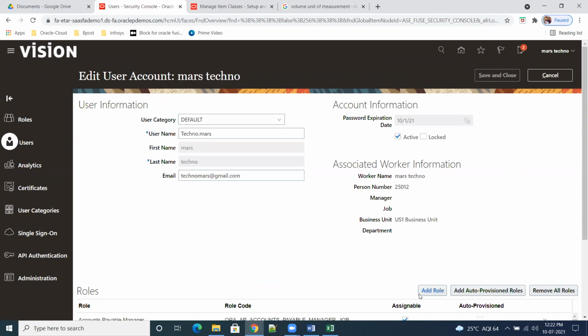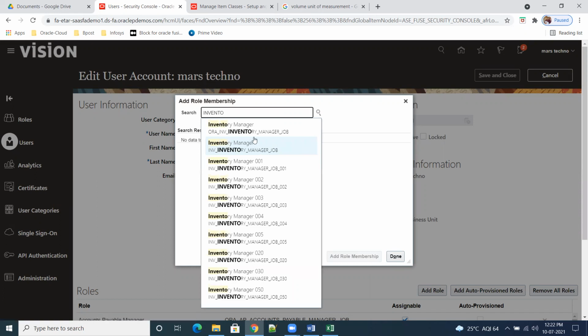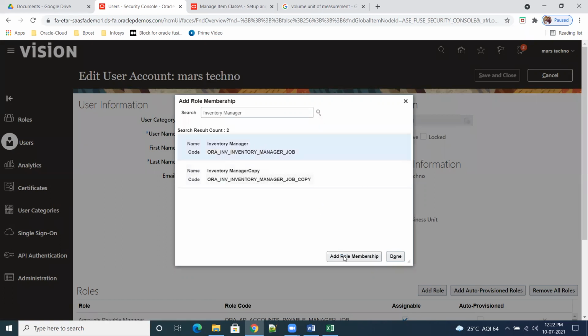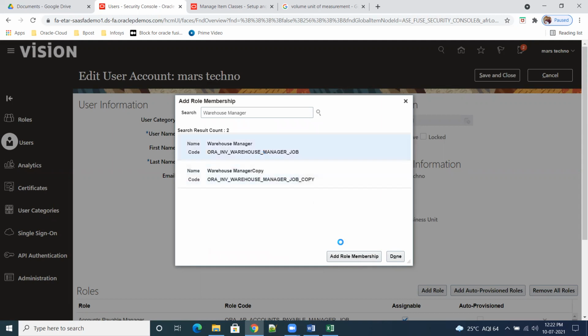Edit, add. Inventory manager is important, and warehouse manager, operator.